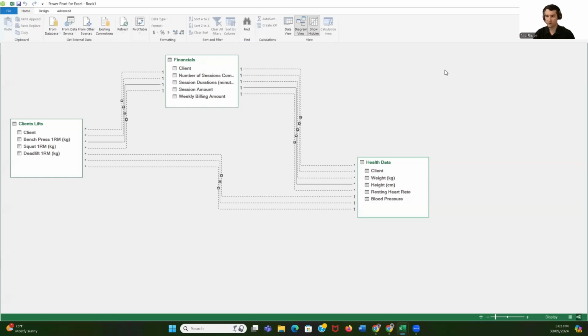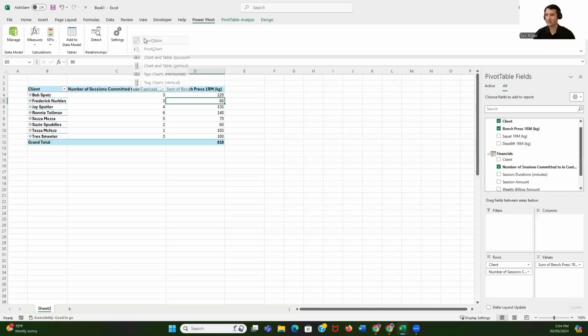Now, due to the version of Excel that I'm running, I won't be able to put in that health data, but I will go with financials and client lists. The enterprise version of Excel, Power BI, all those tools, they all have schemas, so you can connect across various different data sets, connect from your data in SQL servers to formulate a model and analyze it with a